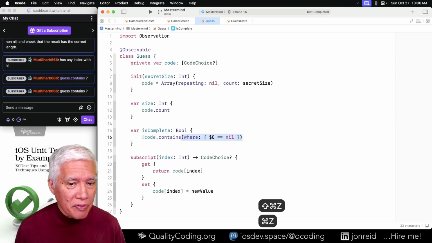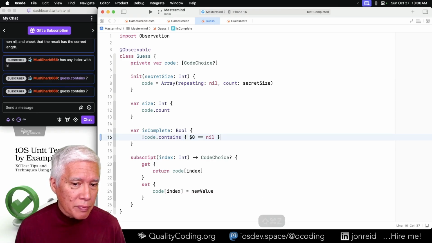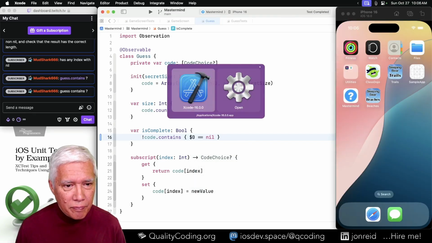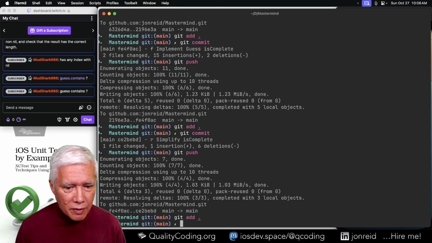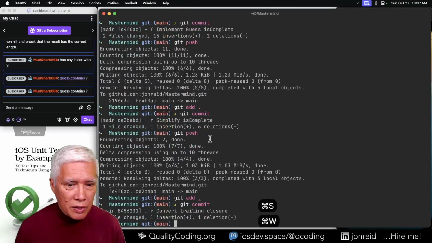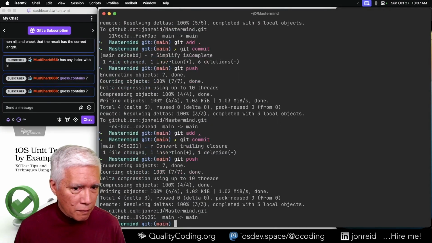It's a question of preference. Contains where? If it contains any element that equals nil. I'll take it. So this is an automated refactoring. Convert trailing closure. Cool.